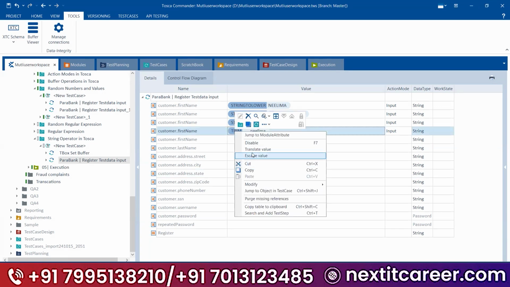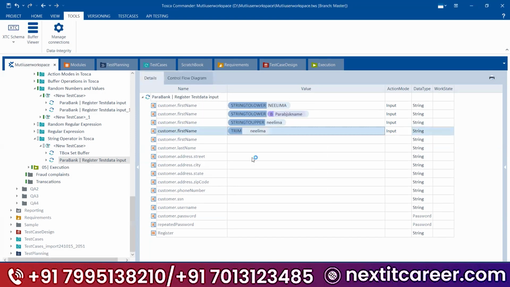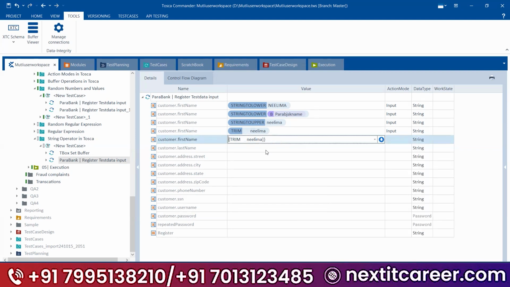Okay. So if you have any front values or front spaces, see, there is no spaces. In order to remove the spaces, you will use the trim option. Next one. What if I have spaces not at starting, but at the end? Curly bracket, trim, close the bracket and close curly bracket.